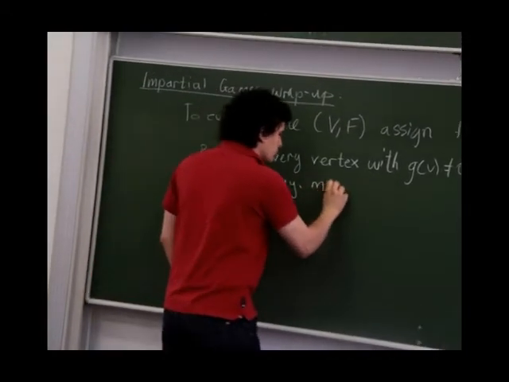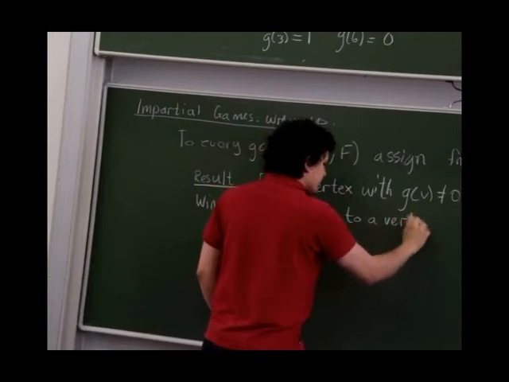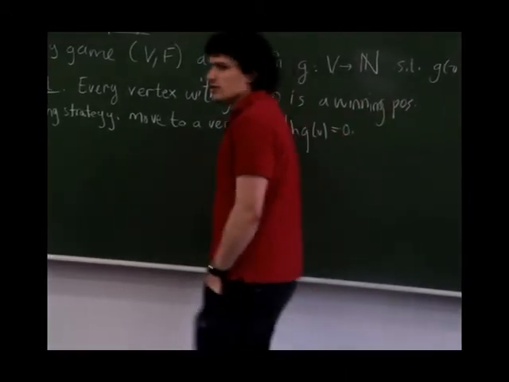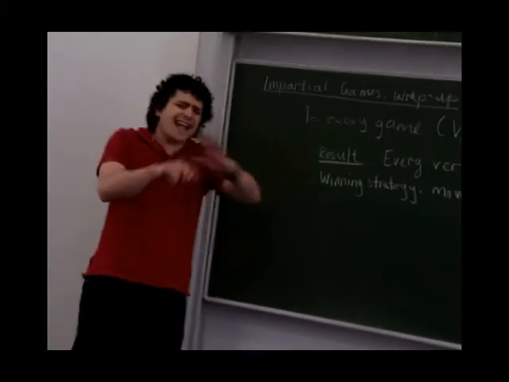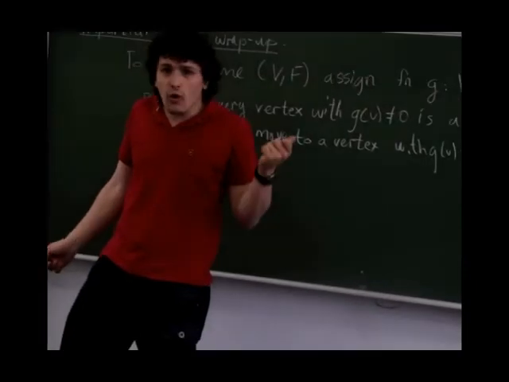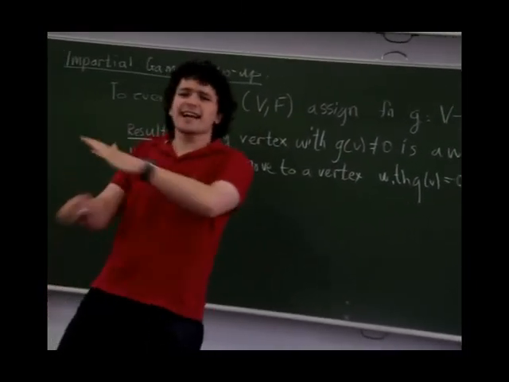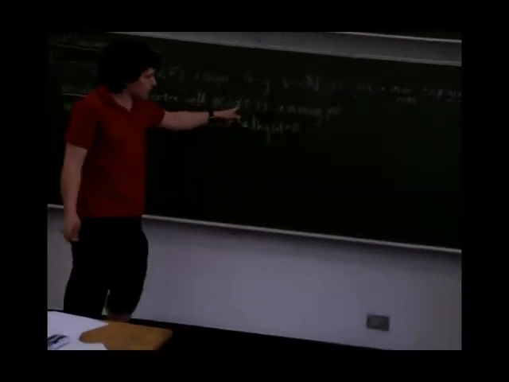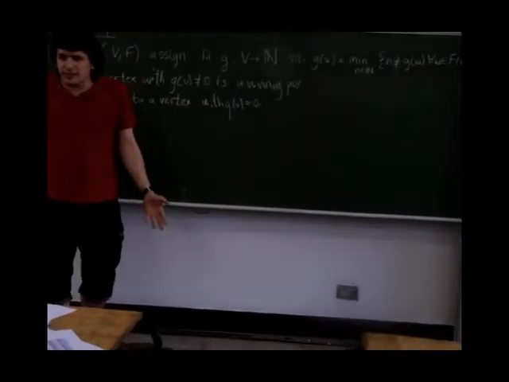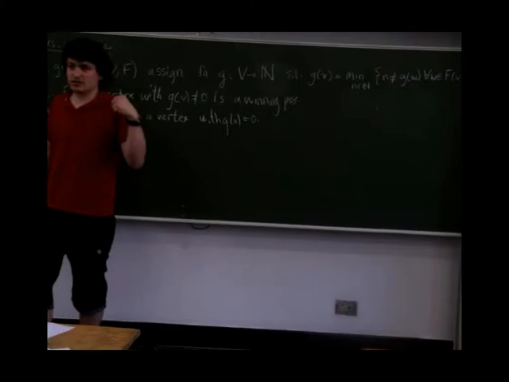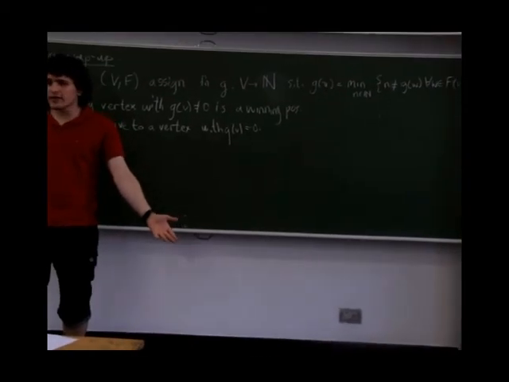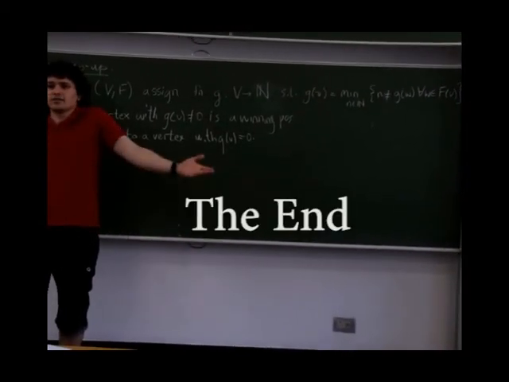The winning strategy is always to move to a vertex with g of v equals 0. Okay, so this much is true, and we could prove this winning strategy exactly how we proved that our winning strategy for nim is a winning strategy. Exactly the same way. We just say, for every vertex that has g of v equals 0, it's impossible to keep it. For every vertex that does not have g of v equals 0, it's possible to move to one that does, by definition of the Sprague-Grundy function. Okay, and the final